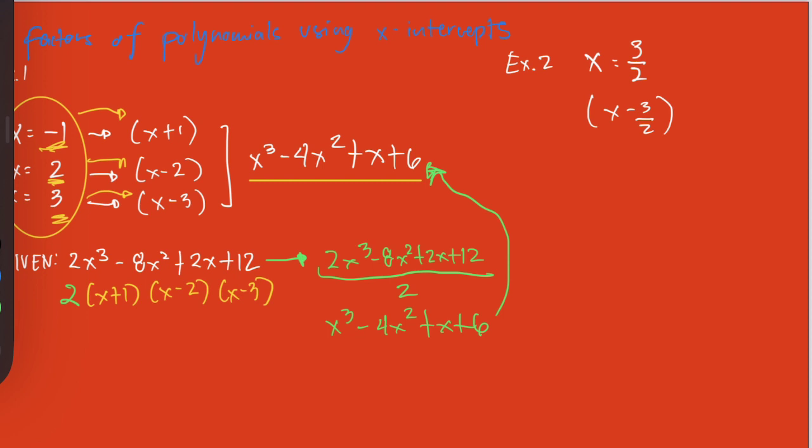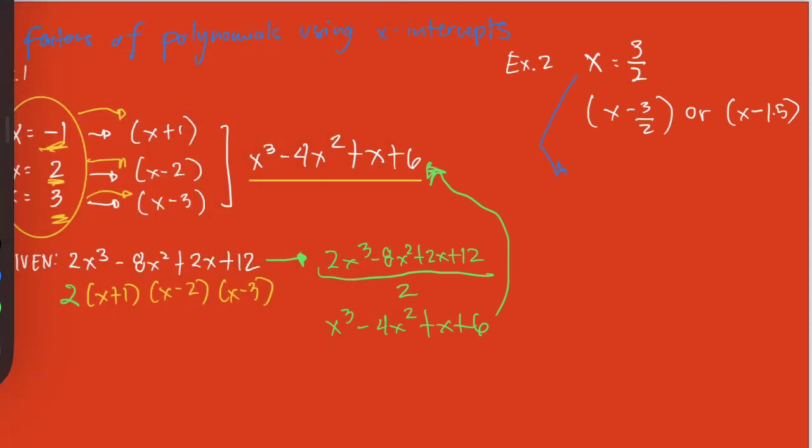Now, some students will say, oh, sir, can I say x minus 1.5? Unfortunately, no. We don't use decimals when we are factoring, because that will give us different answers. When you try to multiply those things, it's going to give you a different answer. So what do you have to do here? In the context of this one, I'll explain it first in a mathematical way that might be complicated for some, but if you have here,